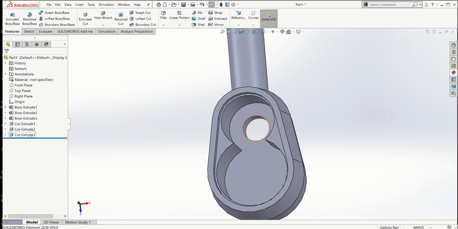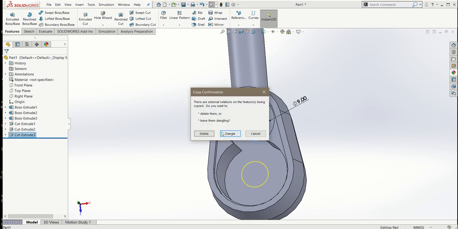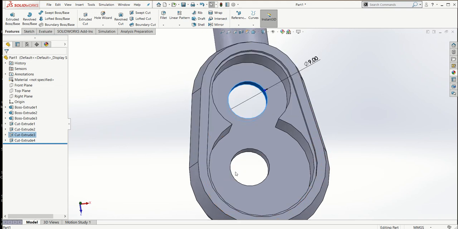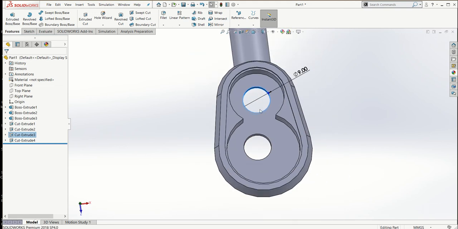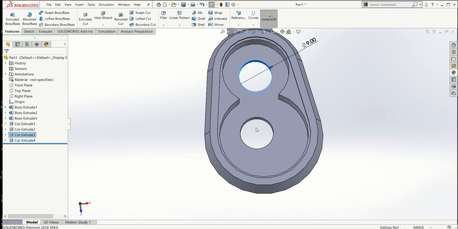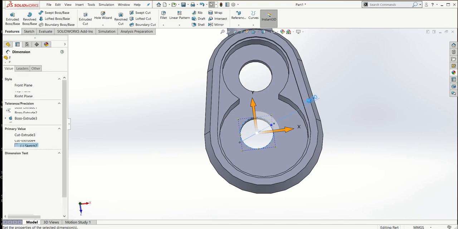So what I do, I will hold control, then I will drag this feature onto this face. Now an option came up: there are external relations to the feature being copied. Do you want to delete them or leave them dangling? So I will go for delete them. What it does, whatever relations are assigned to this circle, means basically you gave a coincident relation between the center and the origin of this sketch, that relation can't be possible here, so I need to delete this relation. Now I will change this diameter to 12,